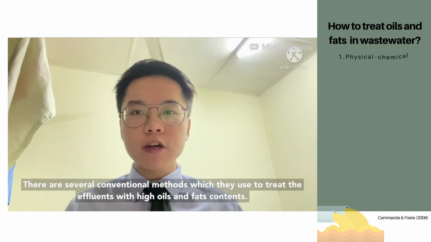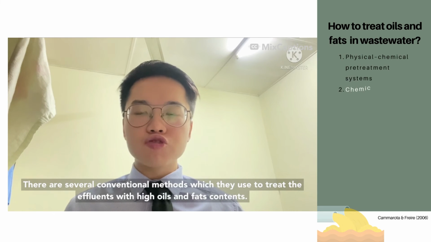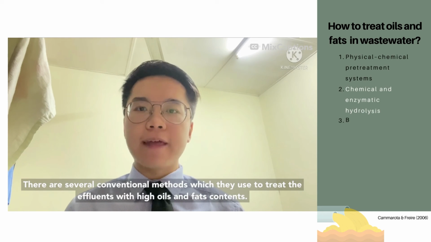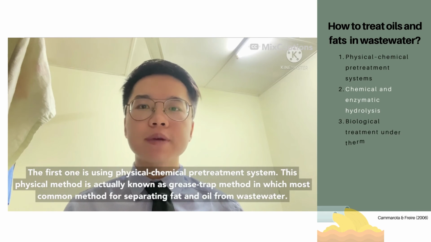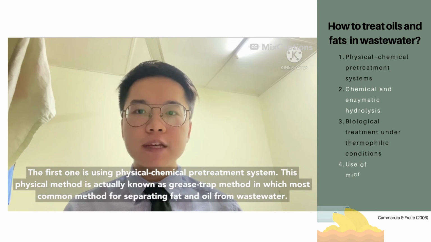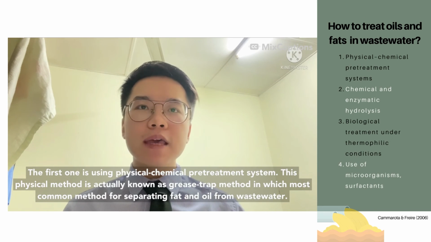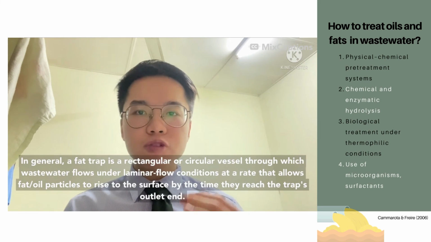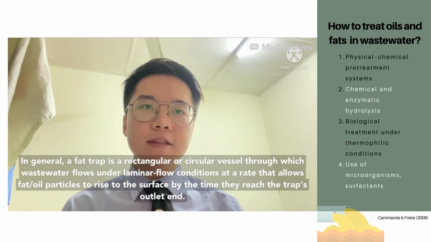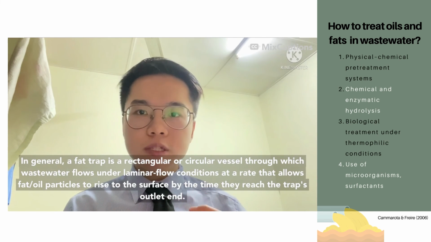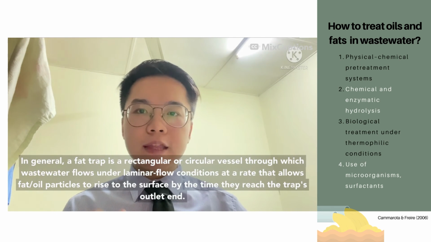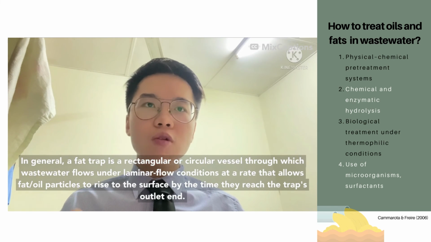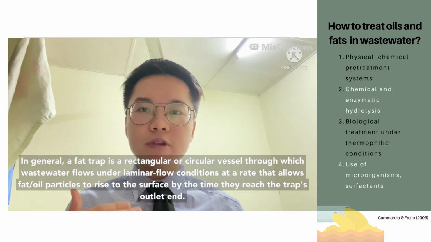Okay, so there are several conventional methods used to treat effluents with high oil and fat content. The first one is the physical chemical pre-treatment system. This method is known as the grease trap method, the most common method for separating fats and oil from the wastewater. In general, a fat trap is a rectangular or circular vessel through which wastewater flows under laminar flow conditions at the rate that allows the fat particles to rise to the surface by the time they reach the trap's outlet